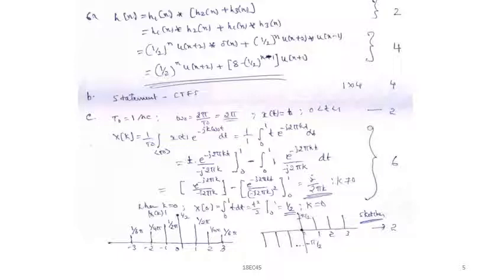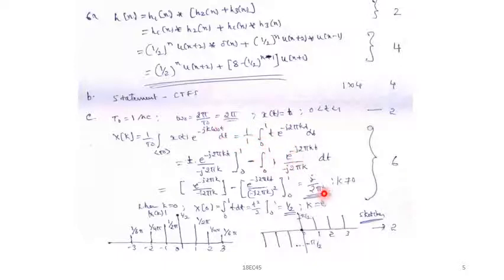And one sawtooth waveform is given, and you write the DTFS coefficients here. So first you write down T is 1 second here, find out omega naught, get the answer as 2 pi. This is your sawtooth waveform. It is defined x of t is equal to t from 0 to 1. This is the x of k equation, 1 by T naught integral over T naught, x of t e to the power minus j k omega naught t dt.